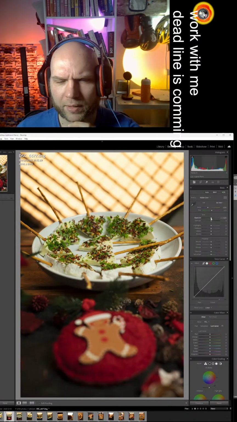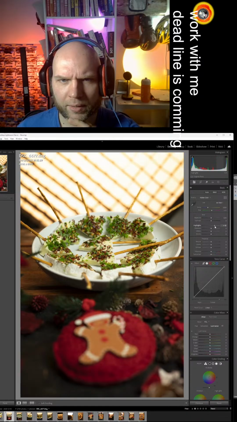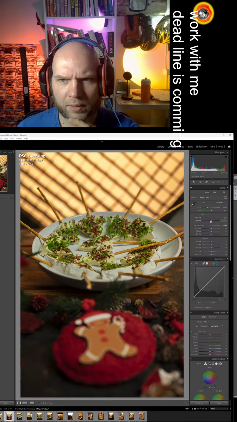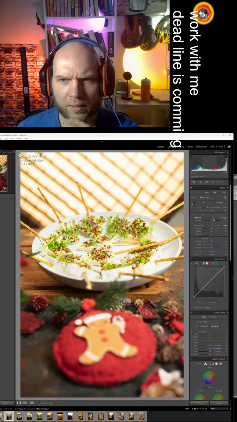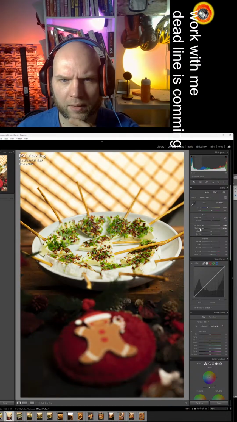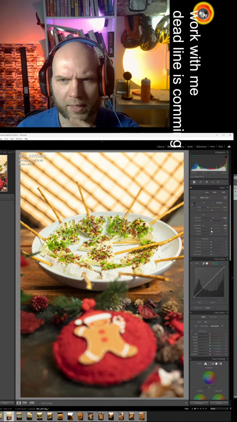Okay, let's do that manually again. A little bit lighter white. Let's cut them down. A little bit of texture, and again the same. Red colors a little bit lighter.